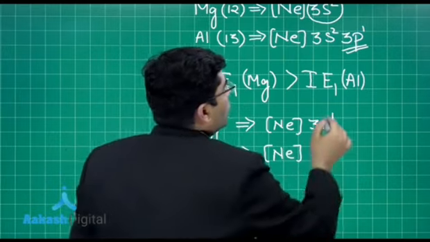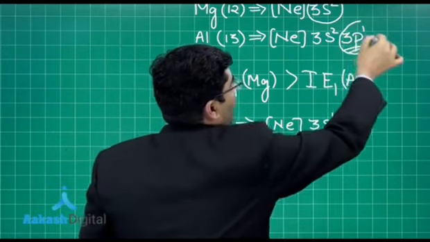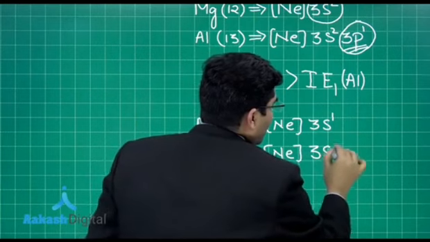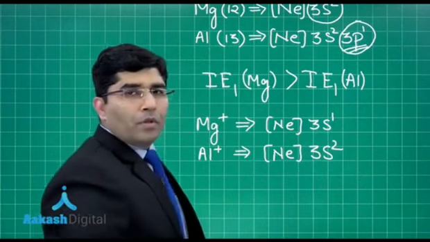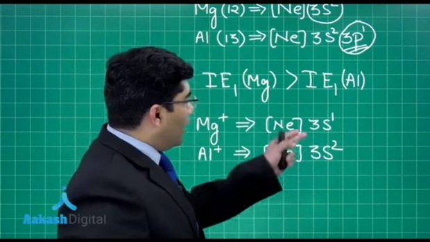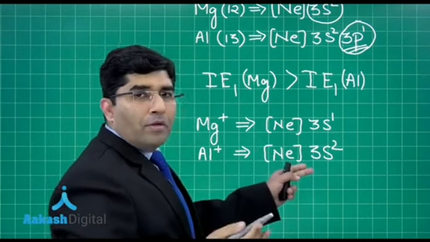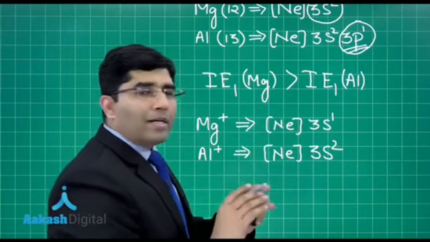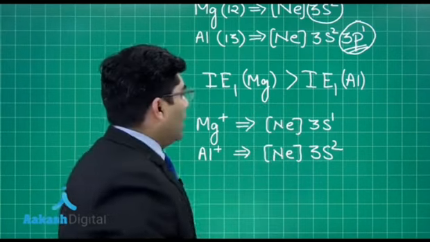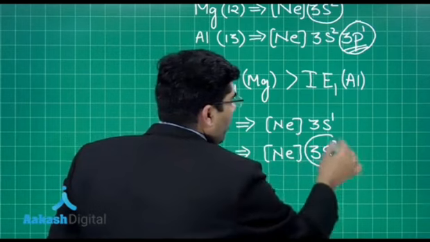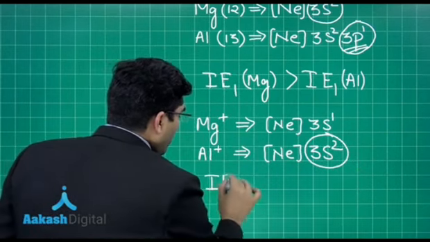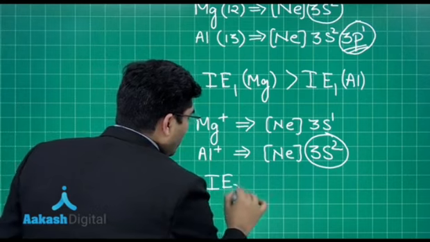So from here the electron will be removed, we will get 3s2. So which is more stable, 3s1 or 3s2? 3s2 is more stable than 3s1, that is half filled. This is completely filled subshell. Therefore, if we talk about the ionization energy 2, the ionization energy 2 of magnesium,